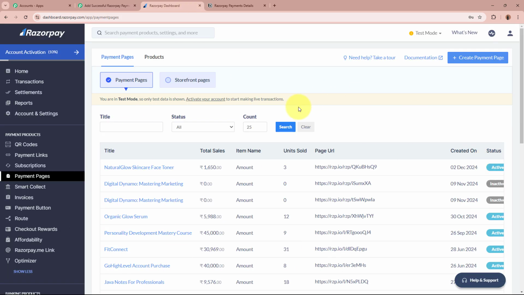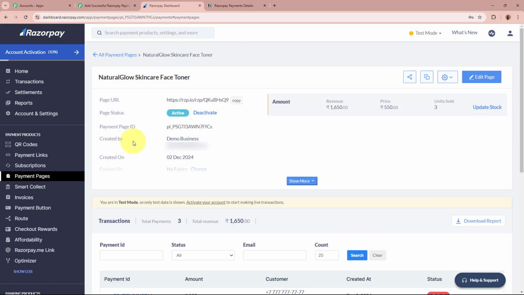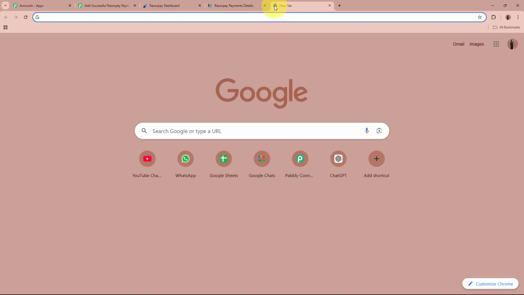So over here, this is the smart pages page of my Razorpay account, and I have created a smart page of the product that I'm selling for my business, that is Natural Glow Skincare Face Toner, okay? So this is the smart page with the help of which I'm collecting the payment of this product right over here, okay? So what I'm going to do is I'm going to do the test payment with the help of the smart page. For that, I'm going to copy this page link from here and open it in a new